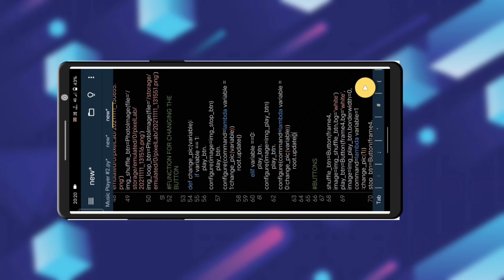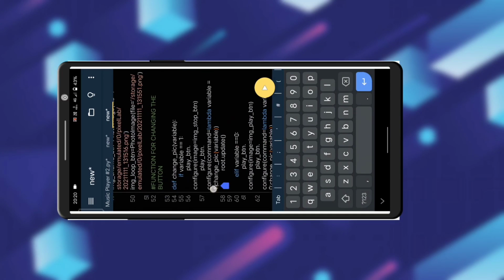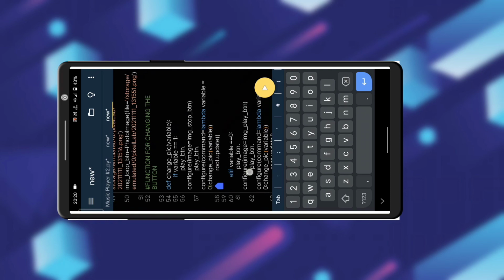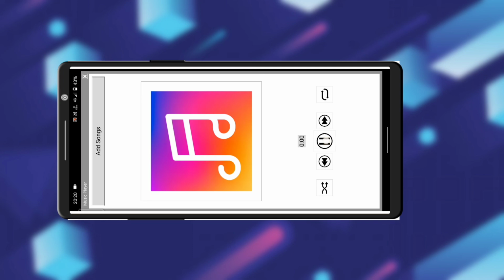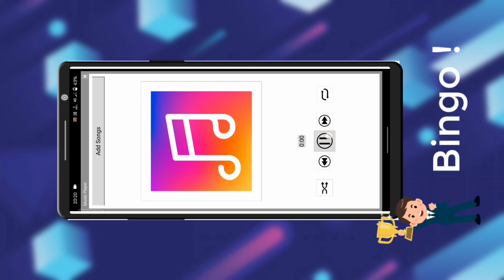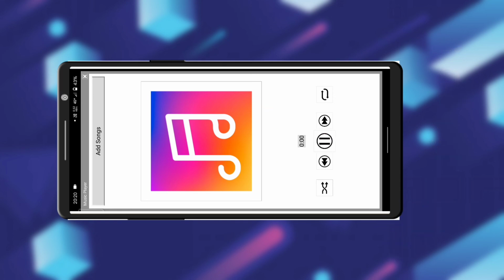Oh, I got it. Actually, we made a very silly mistake. We have to change this variable to 0, and here we have to change the value of the variable to 1, which will continue the loop. Okay, so let's see. Yes, it's now working, and yes, we have completed our project till here, and I think we will now play songs in the next video.